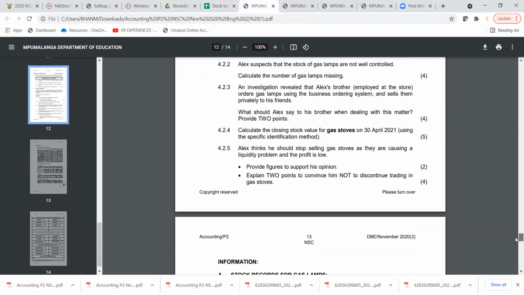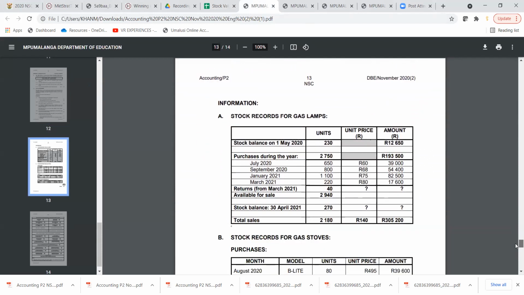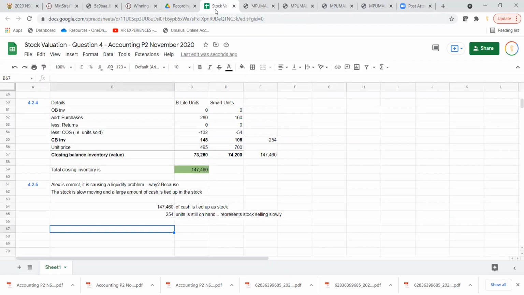Explain two points to convince him not to discontinue trading gas stoves. Okay, so you can tell him I only start this year. He only started this year to sell gas stoves. How do we know only this year? Because there's no opening inventory. So that's an indication that he only started this year to sell gas stoves. Okay, he only started selling gas stoves this year, so he should